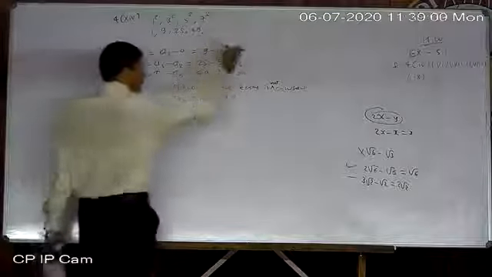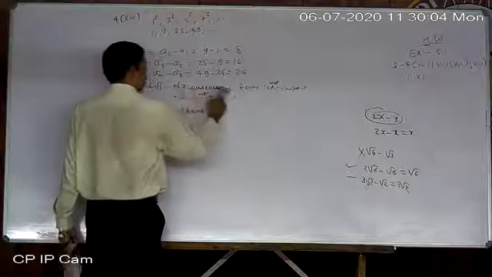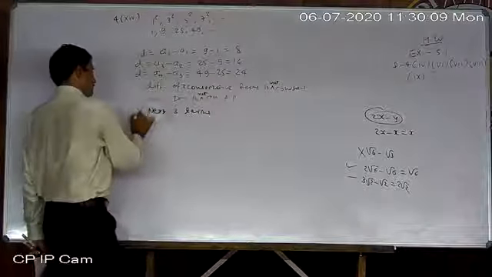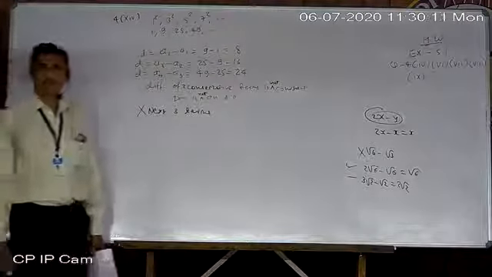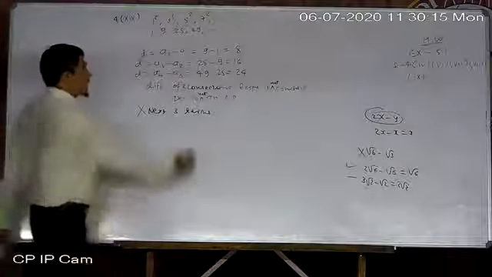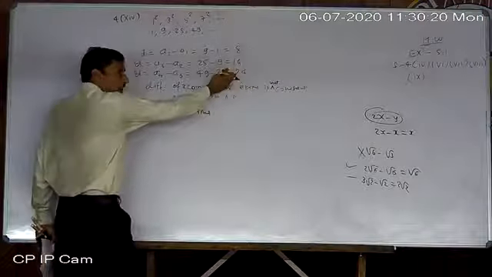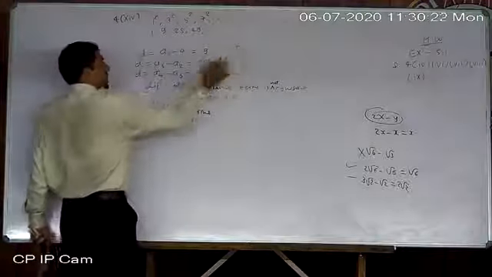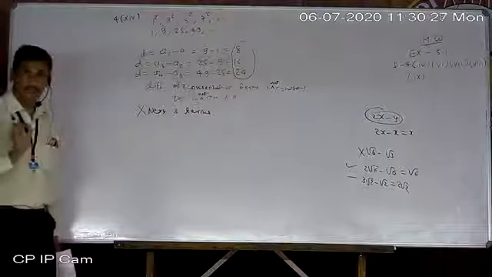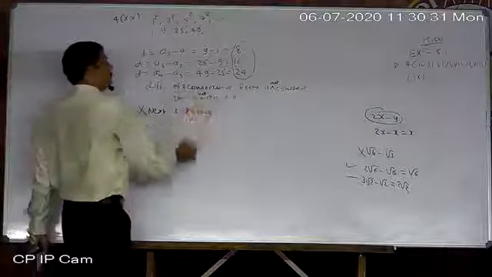The difference should be the same everywhere, but it is not. So say no. The difference of two consecutive terms is not constant. Therefore it is not an AP. So no question arises of giving the next 3 terms. Now don't think this is an arithmetic progression. In an arithmetic progression, the difference should be equal. So don't consider this an AP.